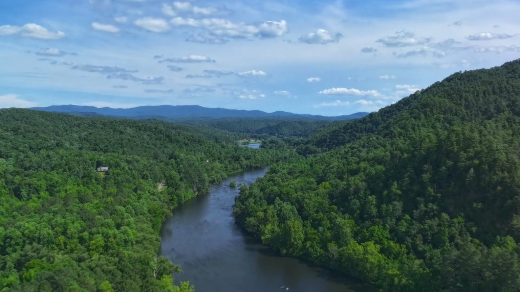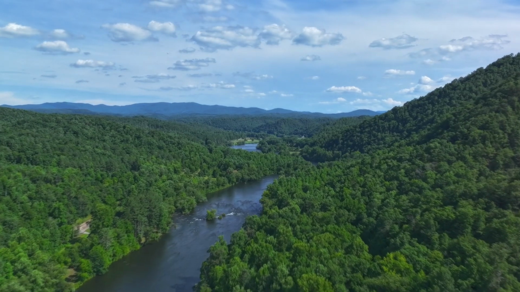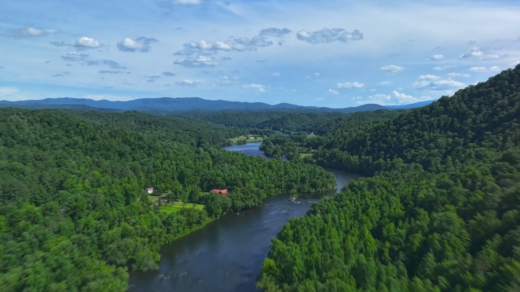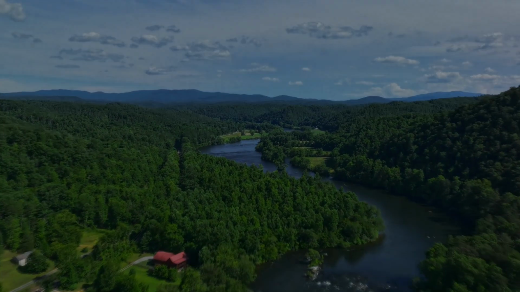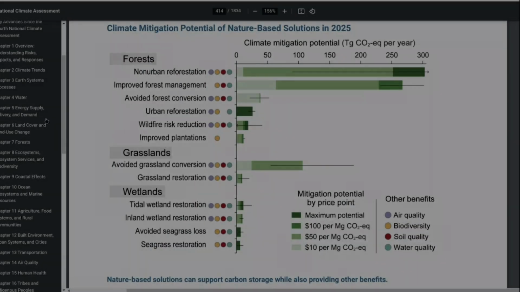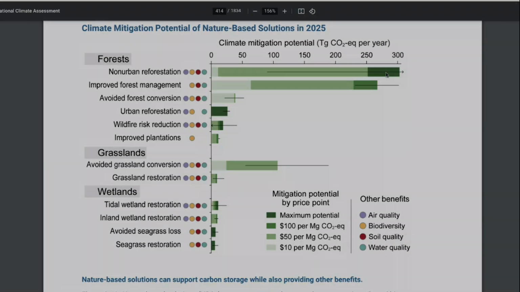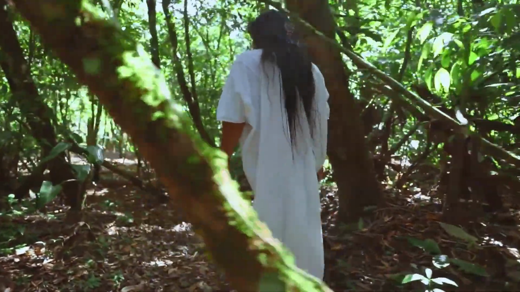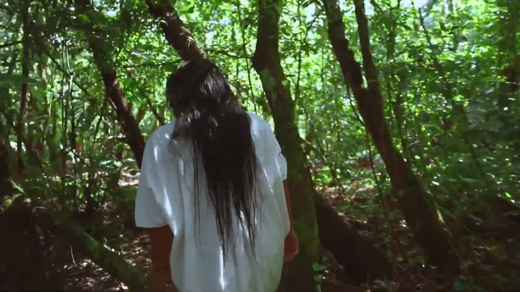Reforestation projects are another tool that can be used to cost-effectively draw down carbon from the atmosphere and store it in the soils. According to work presented in the 5th National Climate Assessment, non-urban reforestation is the single most scalable natural carbon sequestration solution, capable of drawing down over 300 teragrams of CO2 per year at a cost of only $50 per megagram. Reforestation projects can also incorporate elements of indigenous knowledge, agroforestry, and land-back programs to encourage sustainable development and to support local communities while also bringing us closer to reaching climate goals.